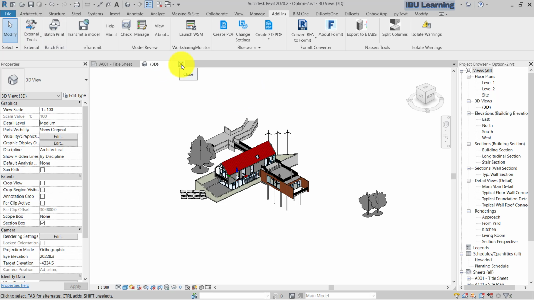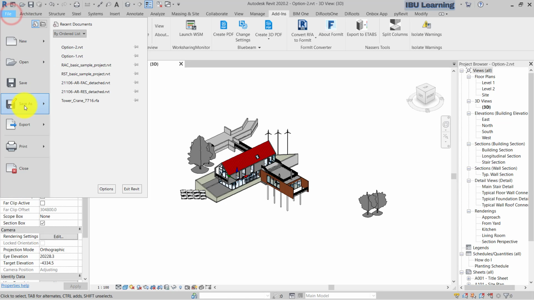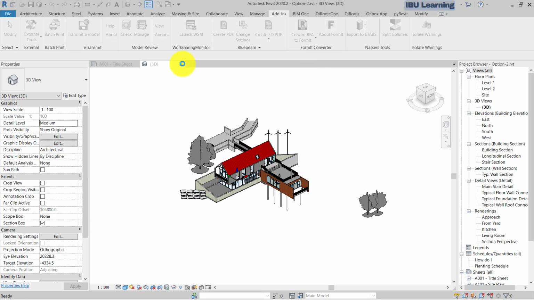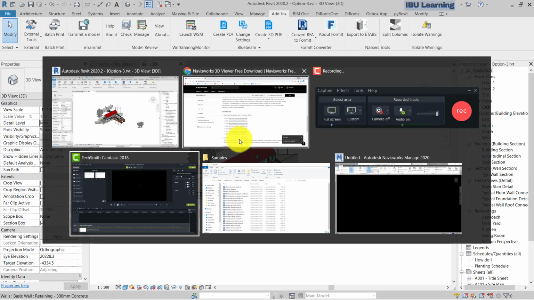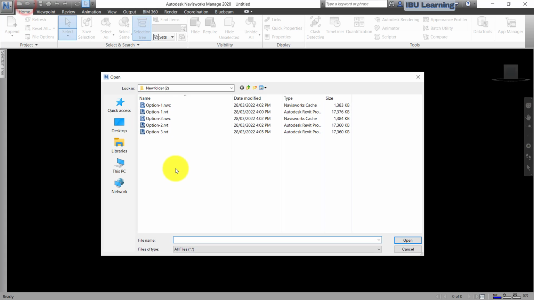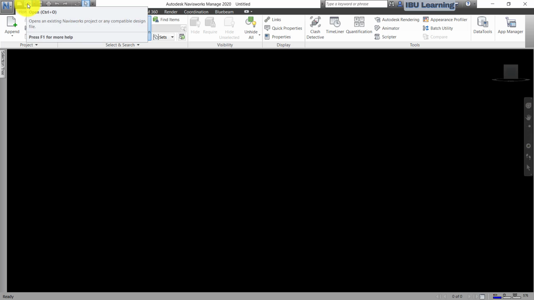Okay, now I will just save this one, and we will move on to the third option. This time I am not going to export from Revit. I will move to Navisworks Manage, and then I am going to open that Revit file, the option 3 file, from here. If we click Open,